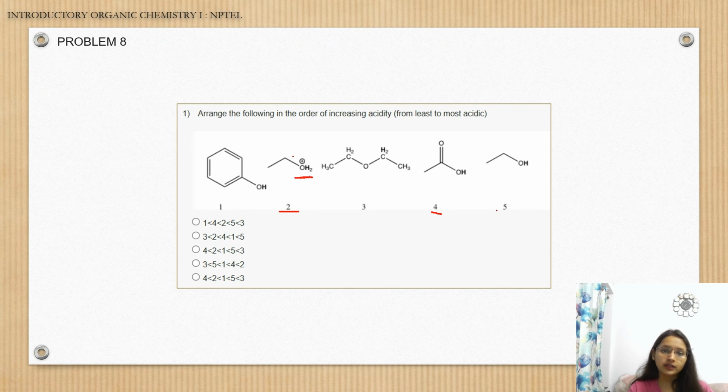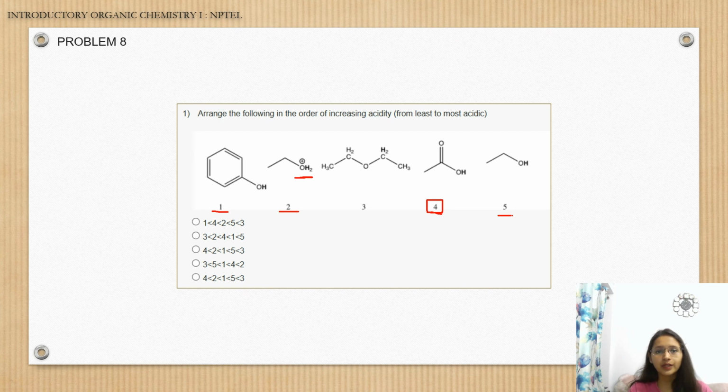So if you are talking about second most acidic species, it will be 4. Why? Because it is a carboxylic acid. And we know carboxylic acid will release H plus very readily in the system. Now, if you have to compare this 1 and 5, just tell me which will be more acidic, 1 or